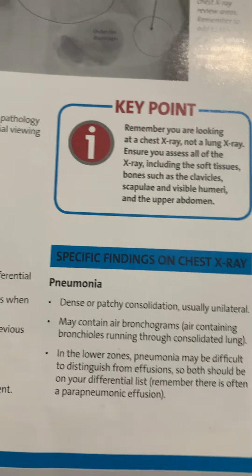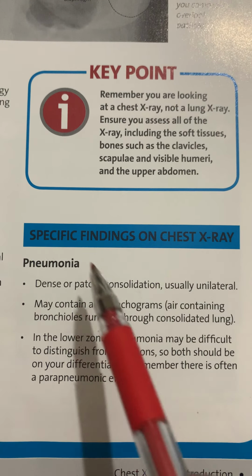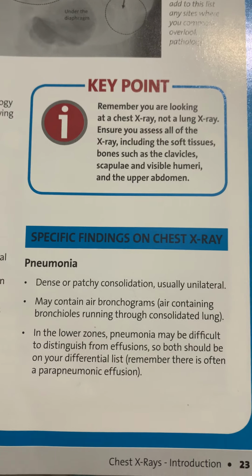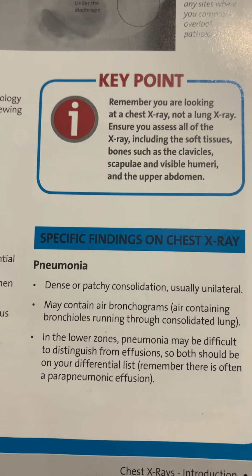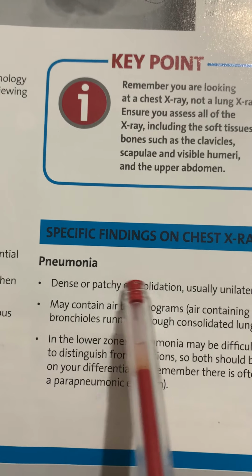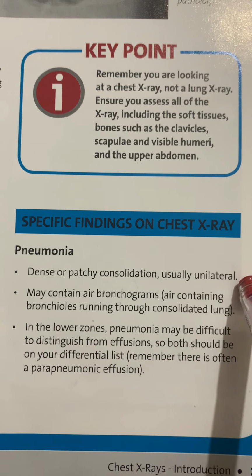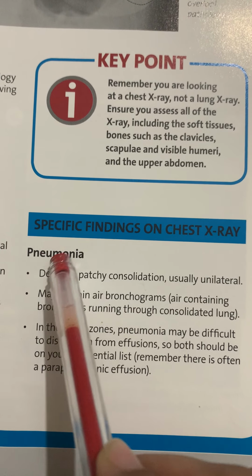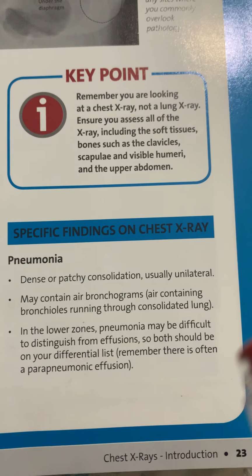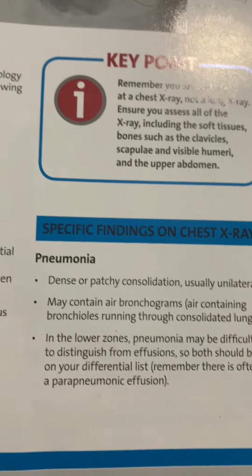In this video, we are going to discuss the specific findings on chest X-ray in different types of diseases. First of all, we will look at pneumonia. In pneumonia, there is dense or patchy consolidation. So, if consolidation is present, which may be dense or patchy, and usually unilateral, then we will consider the differential diagnosis of pneumonia. It may contain air bronchograms, and air bronchograms are air containing bronchioles running throughout the consolidated